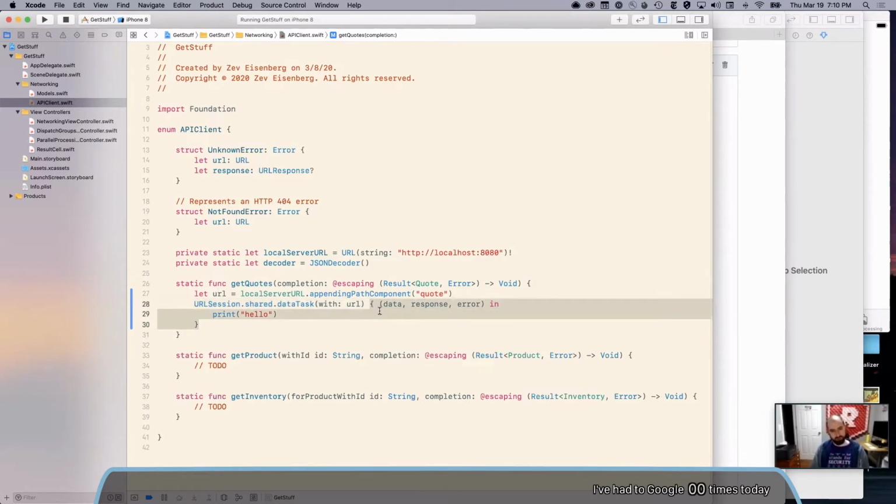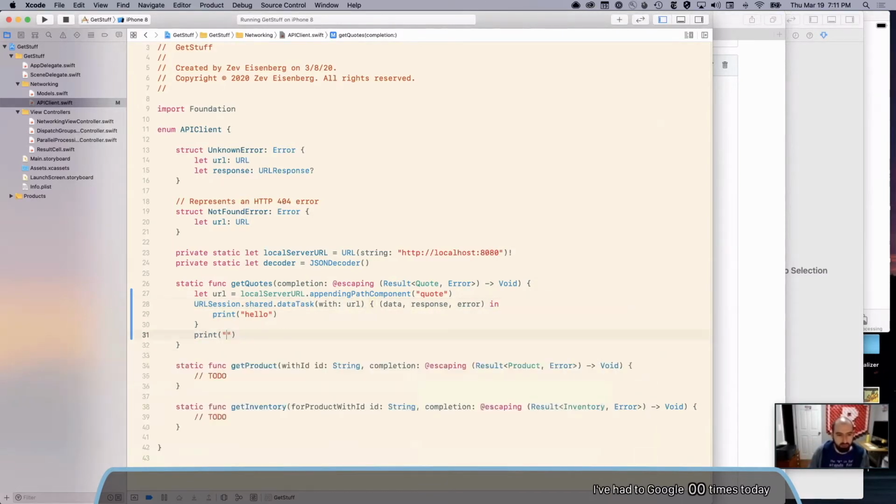But these curly braces indicate that I'm now inside a closure, which is basically you take some code, you bundle it up inside some curly braces, and that code can be sent off somewhere, held onto for a while, maybe called later. So it's a way to take code and bundle it up and pass it around. So even though line 29 comes right after line 28, it's not going to be called right after 28. 28 is going to be called, and then we're on to the next thing.